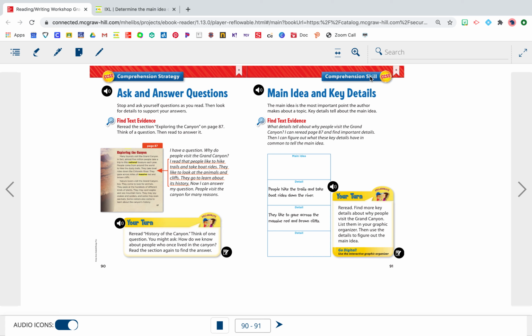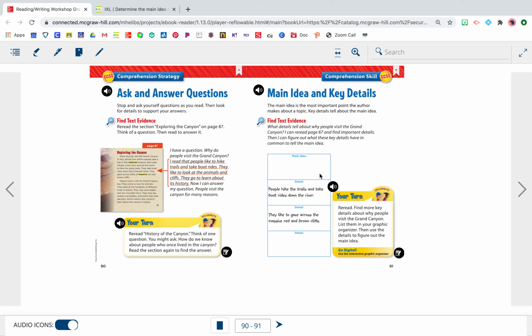As we're reading, it's also important that we look at our comprehension skill of the main idea and the key details. The main idea is the most important point that the author is making about a topic. Key details tell about the main idea. For example, the main idea